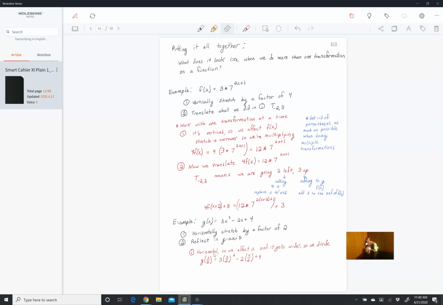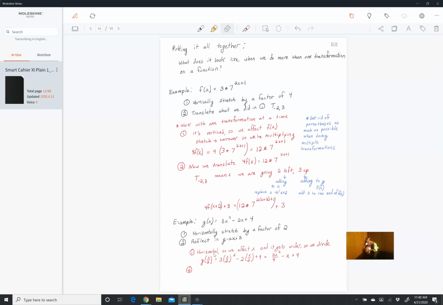So if we simplify, x over 2 squared is x squared over 4. So this becomes 3x squared over 4. Then this is just an x, and we have plus 4, okay? Or 3/4 x squared minus x plus 4, okay? So we could do this with both. Now the second one,